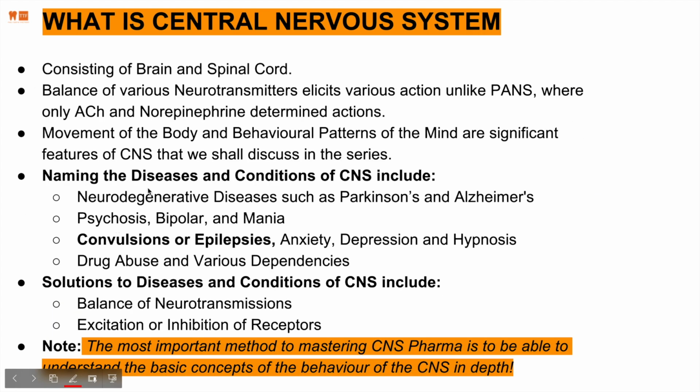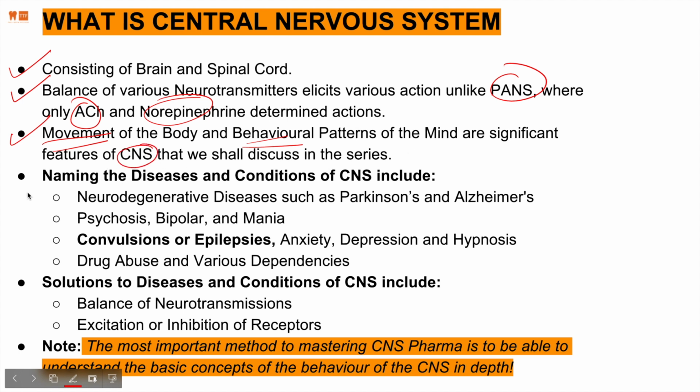Okay, so let's begin our conversation, of course, with central nervous system overview. We've done that with all of our series with CNS lectures. It consists of brain and spinal cord, balance of various neurotransmitters, elicit various actions, unlike when we talked about parasympathetic nervous system, which only had acetylcholine and norepinephrine. CNS then also is constituent of movement of the body and behavioral patterns, and of course this one has to do with both, in fact, right? Because there's convulsive movements and there's behavioral patterns where we're not attentive to our surroundings,